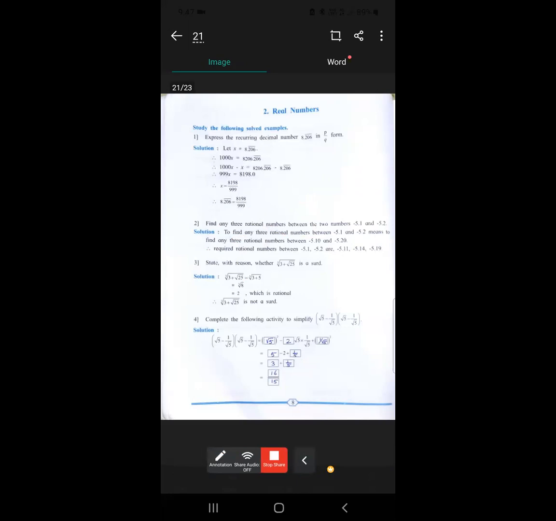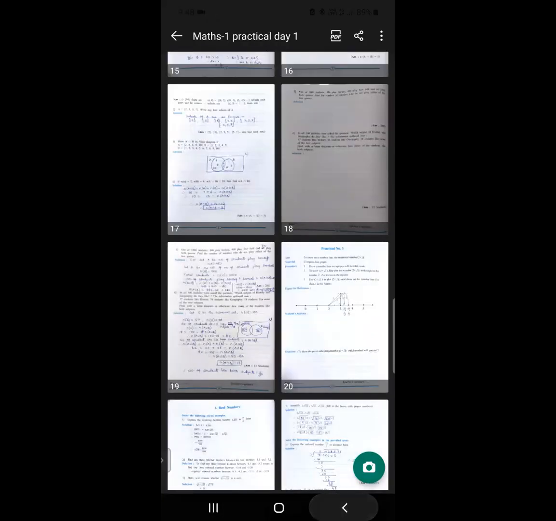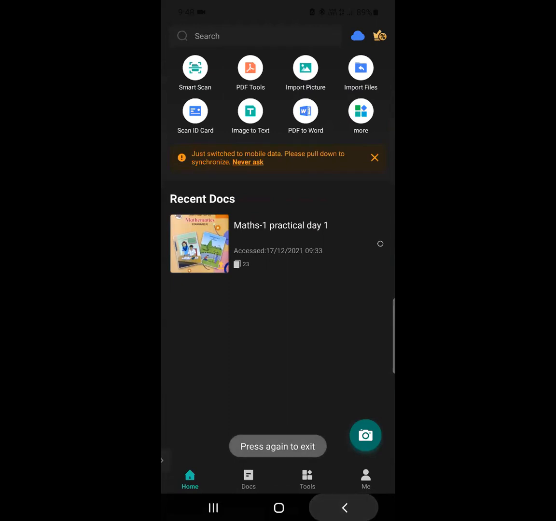Okay, so I think that we will stop over here. The examples from page number 9 we will take in tomorrow's lecture, the next lecture. So by that time you can complete your practical booklet up to page number 8.